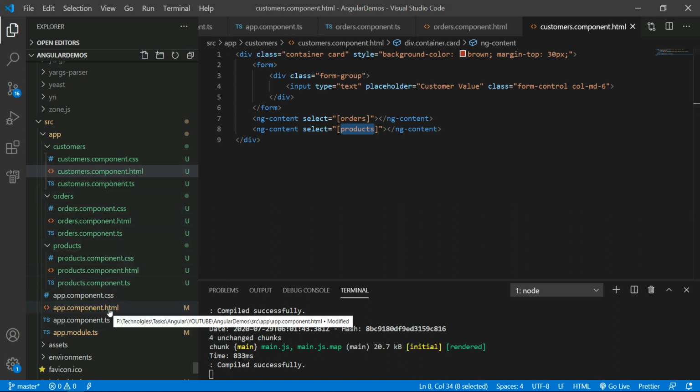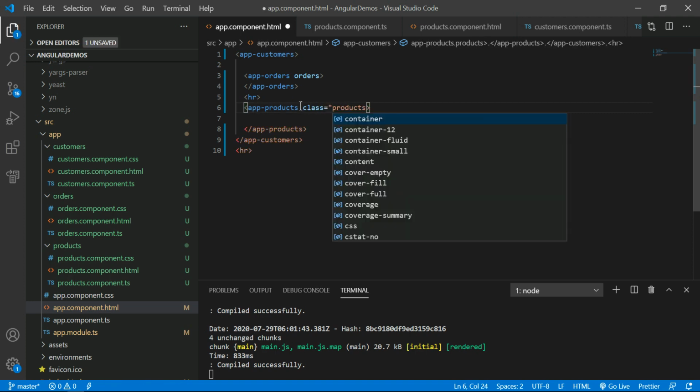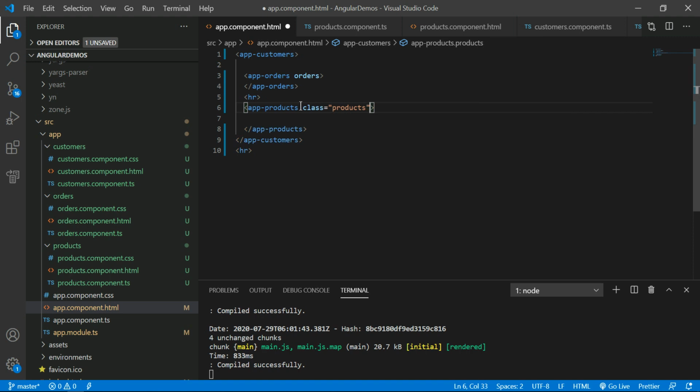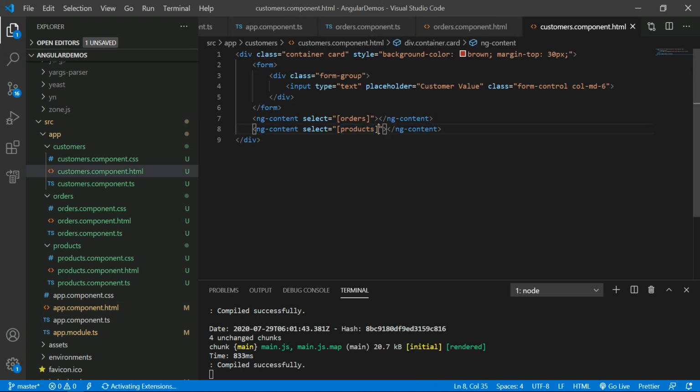Even you can select by using the class reference also. Come to app.component.html. Let's say this is a class, and this class is products. If you make this a products class, you can use the class like this.